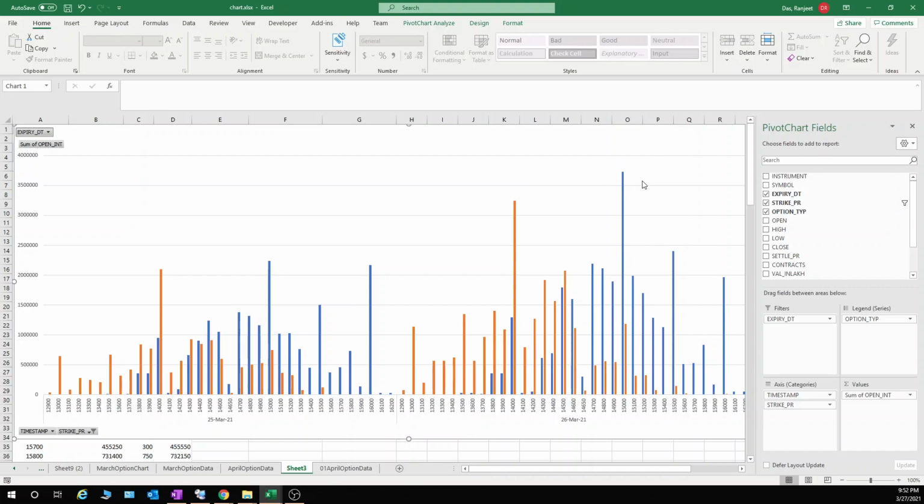If 15,000 is taken over, a lot of short covering will come, and then Nifty can see a rocket, where it can go towards 15,900 or something, because this is standing as a blocker. A lot of call writers have written over here, and there is a lot of open interest in put, so support is here at 14,000.